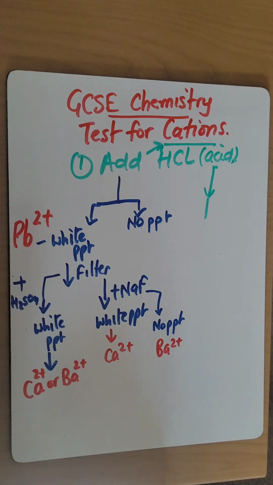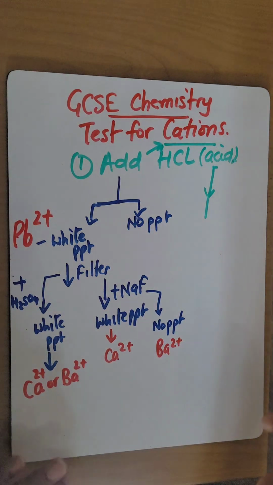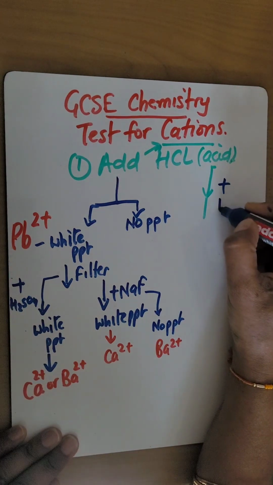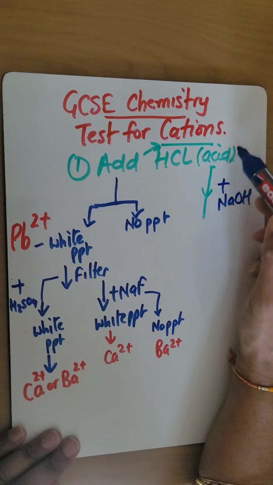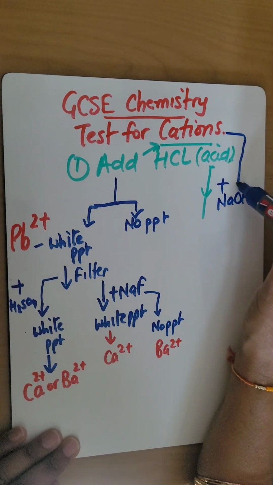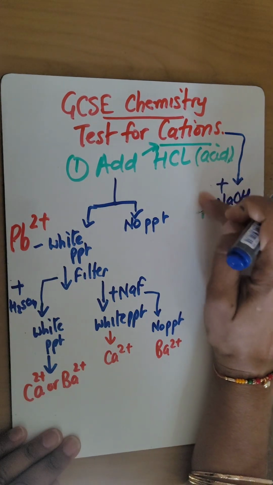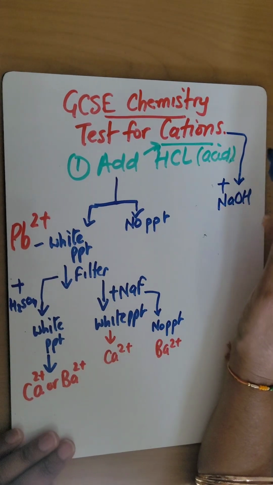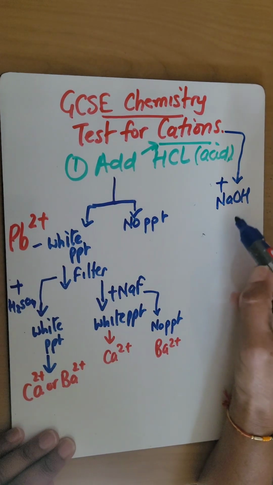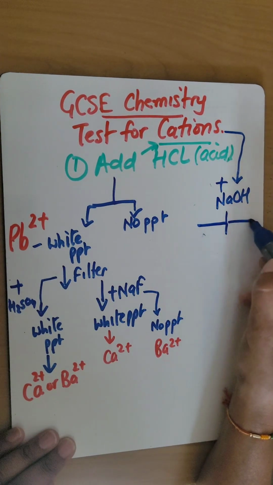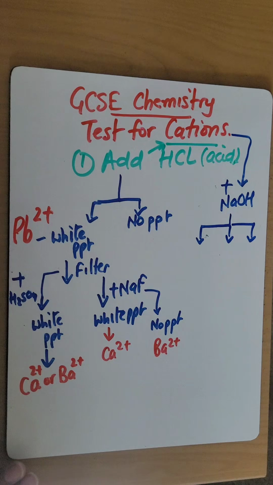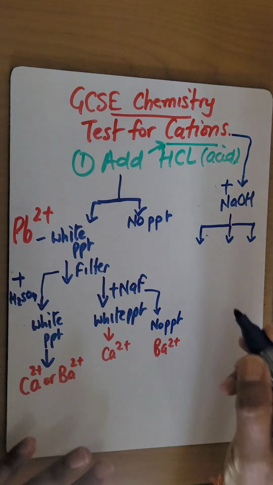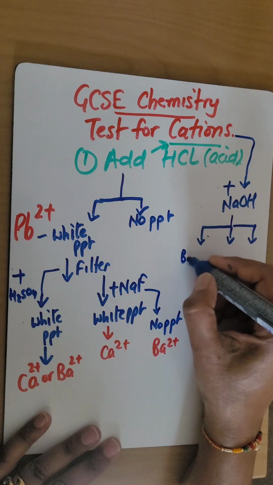And if I'm going to go this way around, this time I'm going to add a sodium hydroxide solution to my cation. So this is basically cation with sodium hydroxide solution, and I'm going to split this into small branches. So my first one, if I add sodium hydroxide to my cation, and if I end up with a brown precipitate, so this is brown,